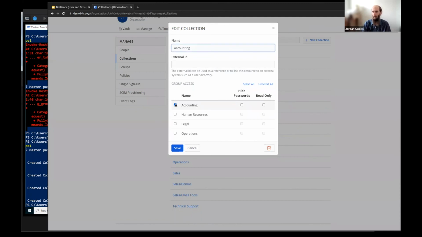It's really convenient to be able to go into the Web Vault and make sure that each user or each group is associated with the correct collection, but just having a script that's going to automate it is going to really speed up